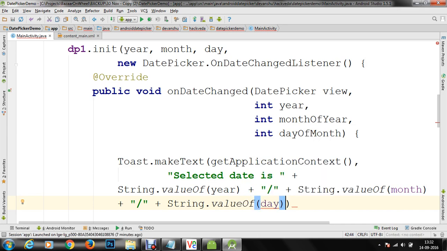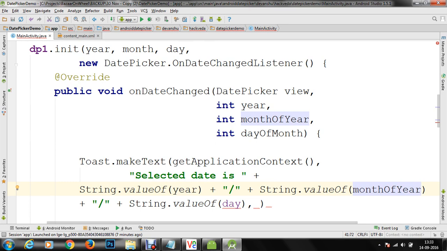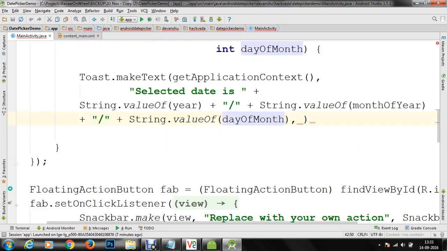Once all three properties are specified, what next we are going to do, actually we need to get monthOfYear, which is visible here, and we actually need dayOfMonth so that we can get all these values.